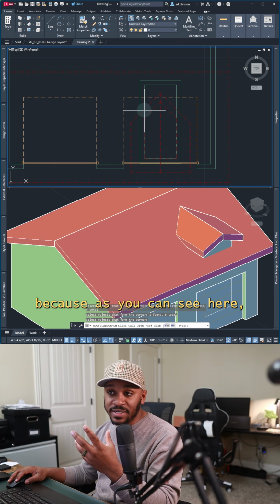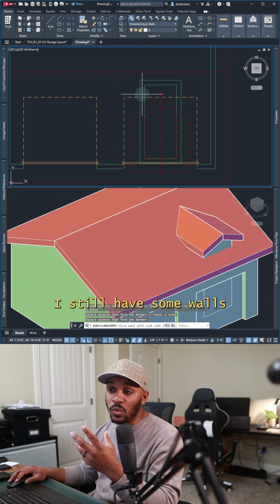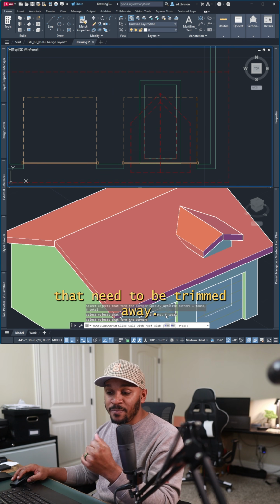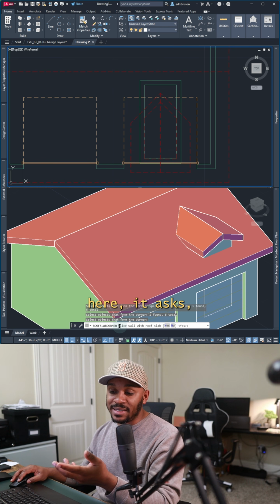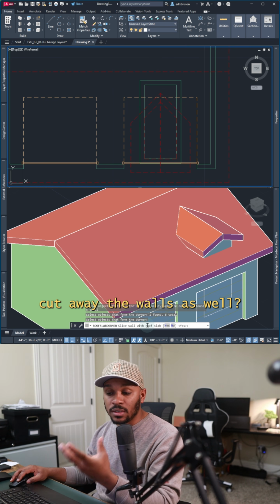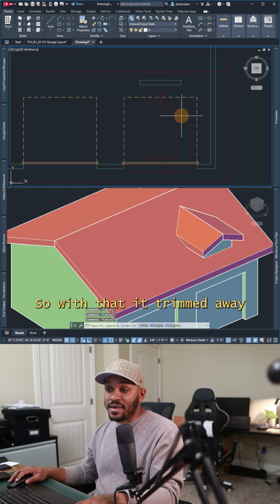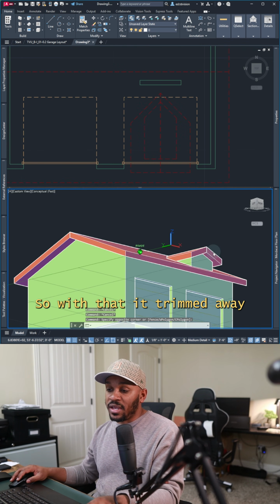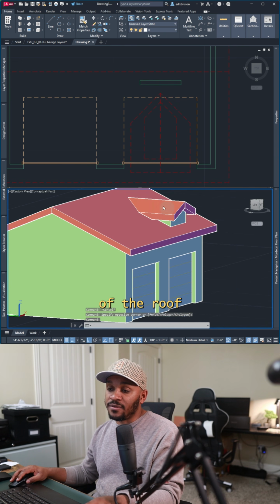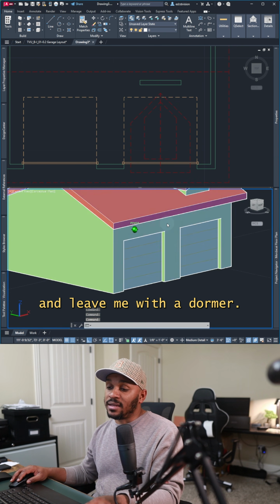But it's not done, because as you can see here, I still have some walls that need to be trimmed away. And so in the command line here, it asks, do I want to cut away the walls as well? And I'm going to say yes. So with that, it trimmed away all the other parts of the roof and the wall and leaves me with